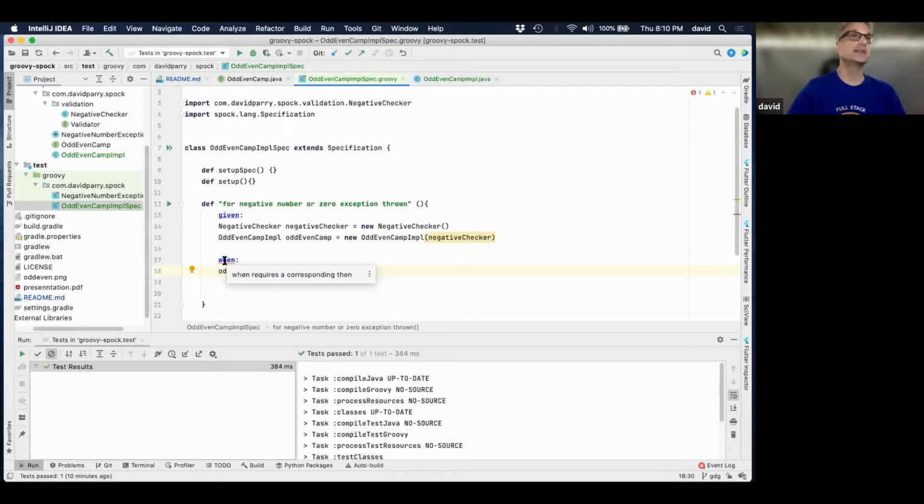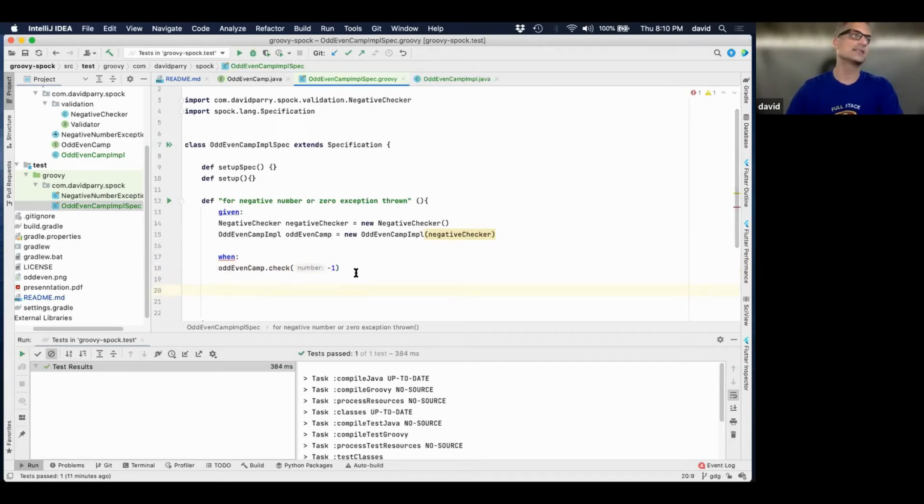So someone at IntelliJ really liked it and they did it, or someone wrote to Spock. So if you see here, it says when requires a corresponding then. This is quite new. Today I just downloaded this new version, so you guys are getting to experience this with me. I don't usually have these highlighting like that. So I'm like, why is it red? But now it's red because it's telling me I need a then.